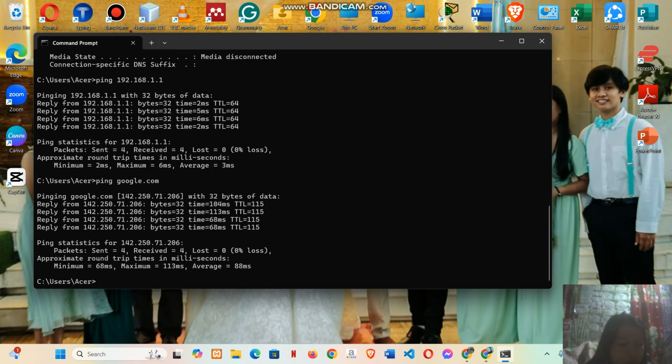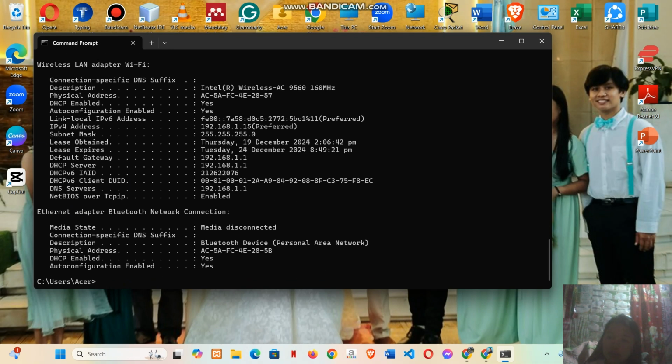So first, check the IP configuration. Just type ipconfig /all to verify your IP address, subnet mask, gateway, and DNS servers.